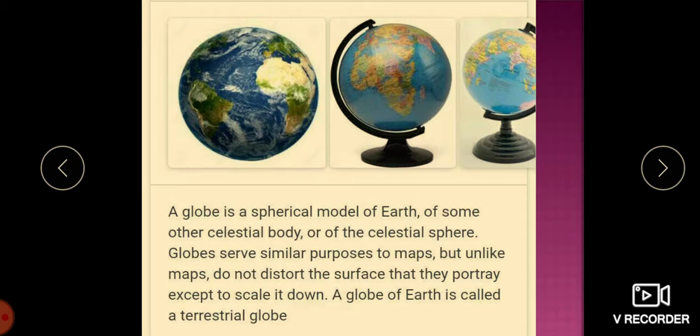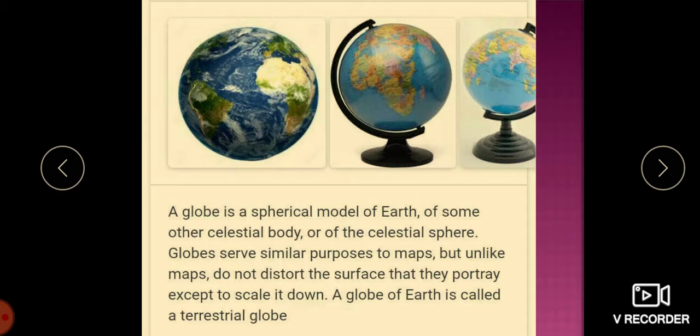The oldest surviving terrestrial globe is the Erdapfel, made by Martin Behaim in 1492. The oldest surviving celestial globe sits atop the Farnese Atlas, carved in the 2nd century in the Roman Empire.